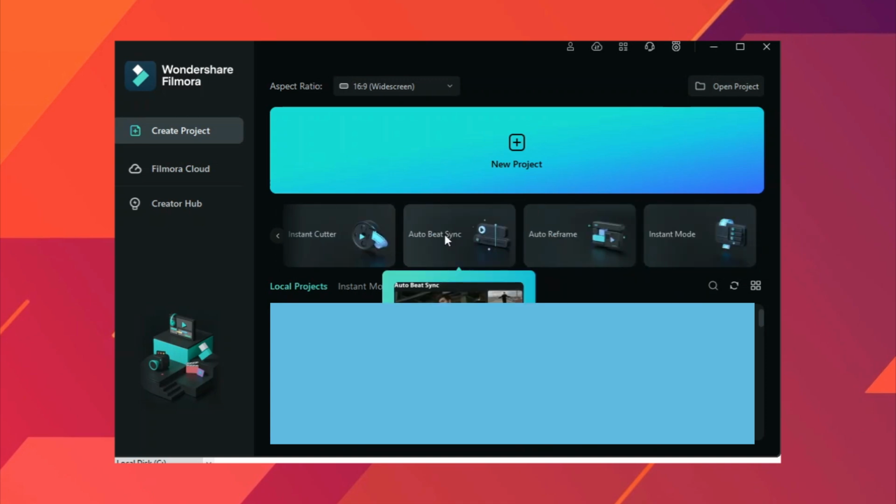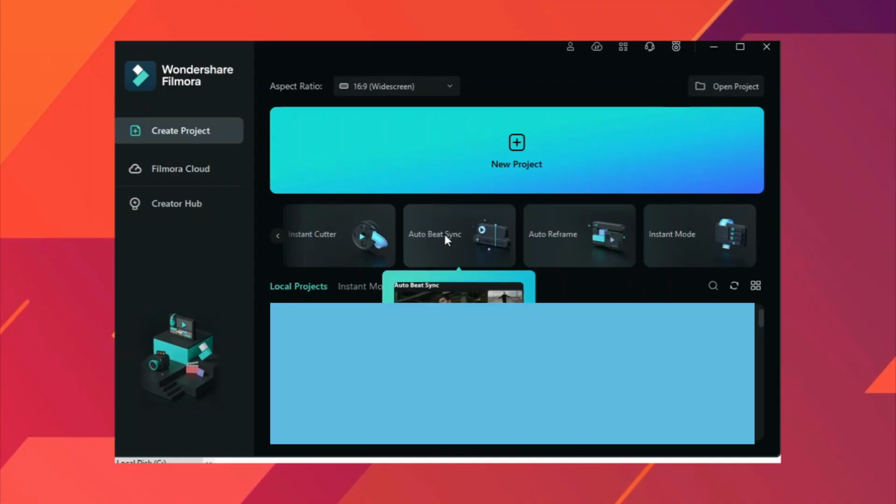Then auto beat sync. This is a very beautiful feature of Filmora. You put your images and videos in it, and you also put a soundtrack. It can be music or a song. You sync according to the beats, and Filmora will automatically adjust the alignment of images and videos and create a video right away for you. So you will not have to adjust the images and videos according to the beats. It will do a wonderful job for you. No wonder it is a Wondershare. Okay, so